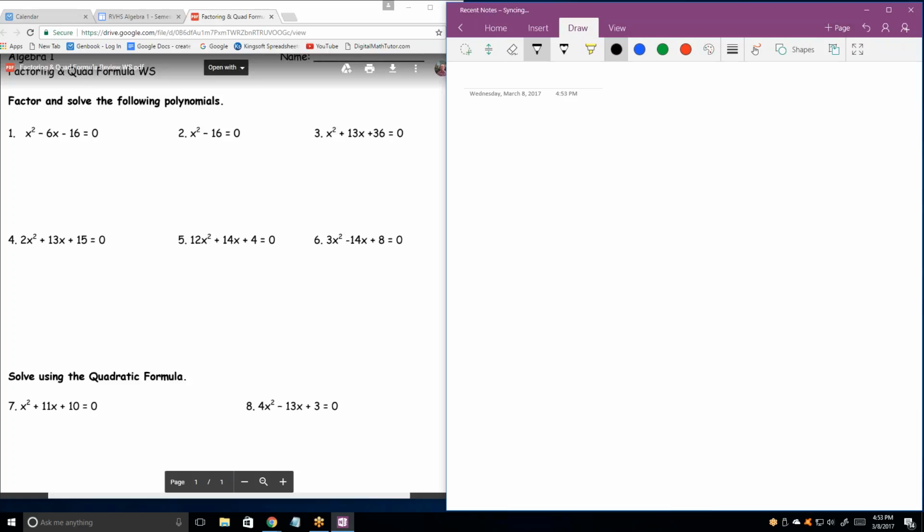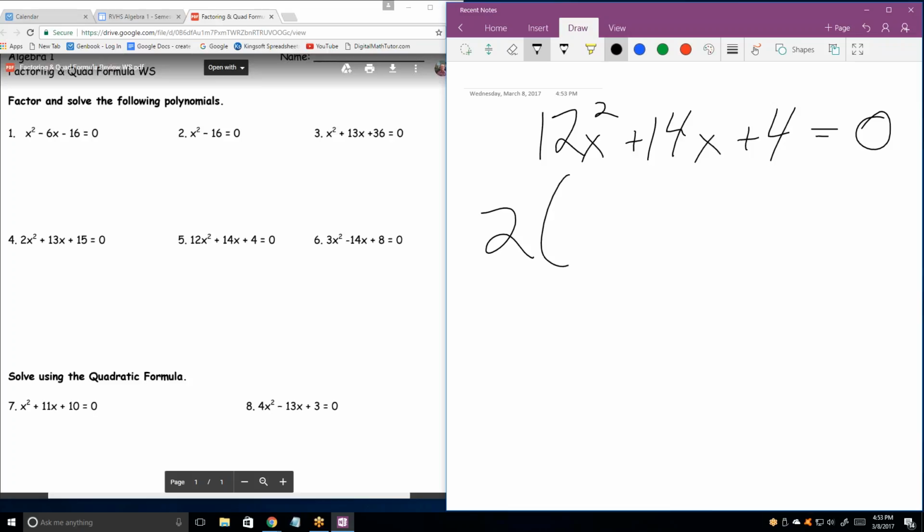Okay, let's look at number 5. 12x squared. Now, the bigger these coefficients in front of the x squared, the harder the problem is. But what's the first step on this problem? Is there a common factor here? Yes. What is it? 4. 14 doesn't divide by 4. Yeah, so 2. You know, at least I can take a 2 out. What's left over? 6x